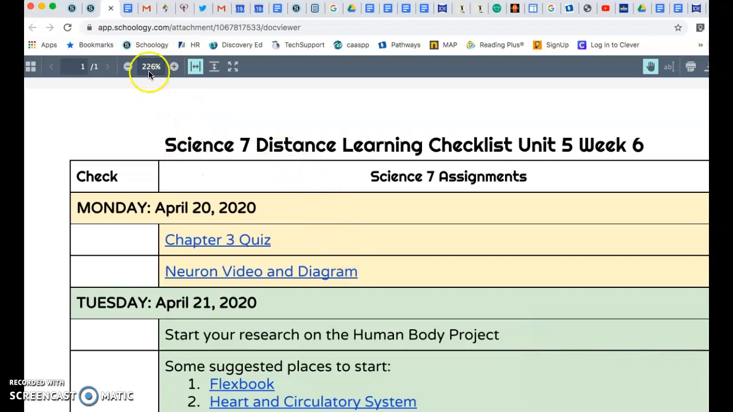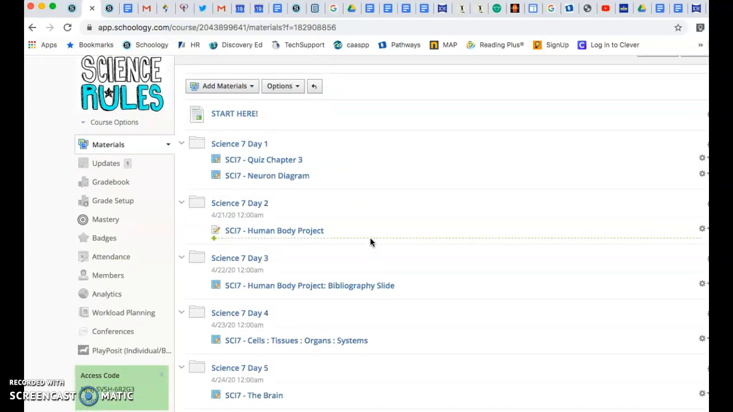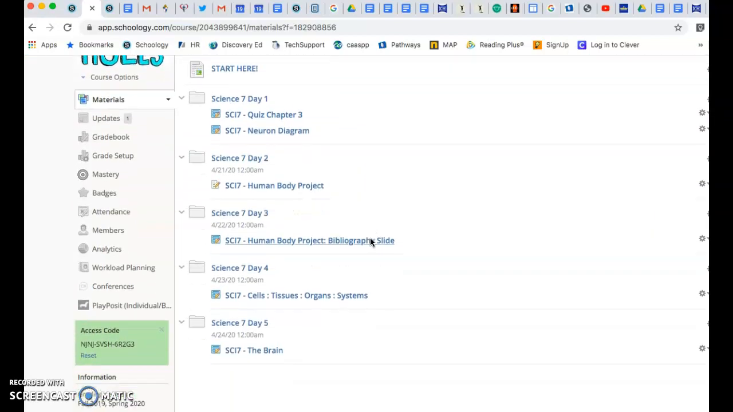And then, just a quick preview, on Monday, we're going to be doing our Chapter 3 quiz and a diagram of a neuron. Tuesday and Wednesday, you get a chance to work on your human body project. And on Wednesday, your bibliography slide is due. So make sure you get some good research done over Tuesday and Wednesday. You need at least 3 citations completed. You can add more to it later if you need to, but make sure you are working on that